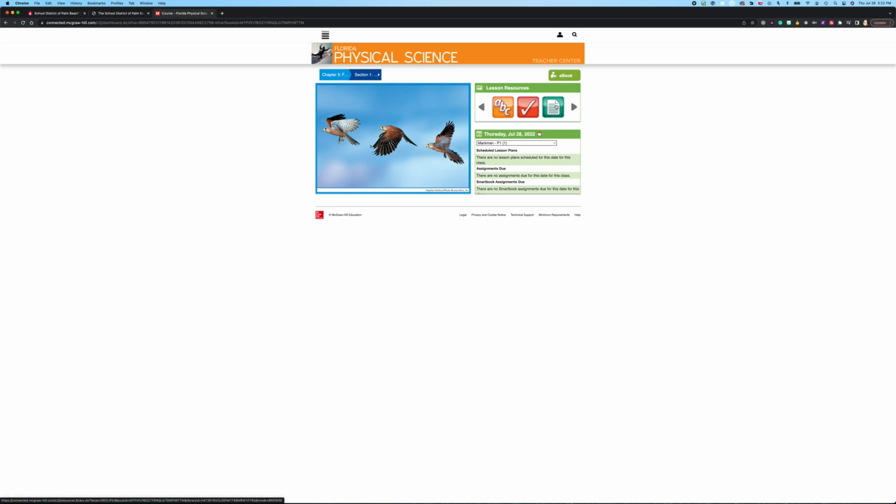Now, these icons stand for things. For example, these are worksheets and these are checks. So think of like mini assessments. ABC, vocab. This here would be a presentation, right? So we can access the resources for that section that way and go ahead and click on our different classes